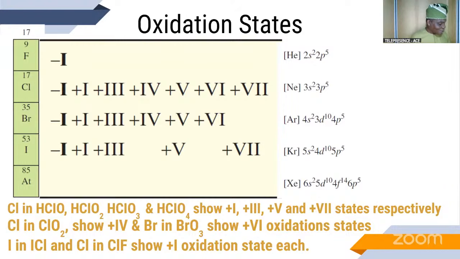You are to note that all the halogens except fluorine are less electronegative than oxygen. So they show positive oxidation state in their oxygen compounds. When chlorine, bromine, iodine combine with oxygen, they show positive